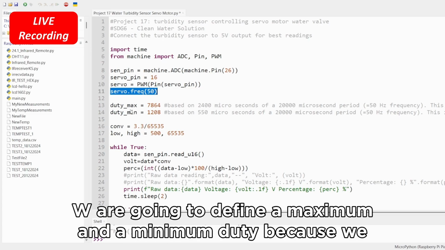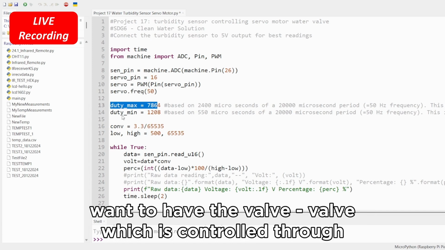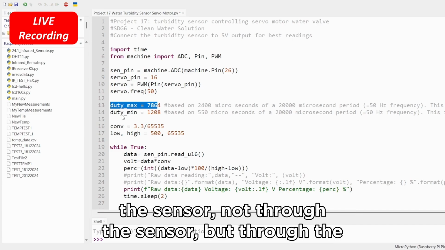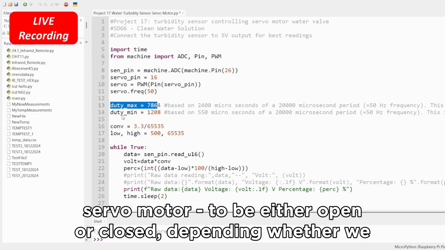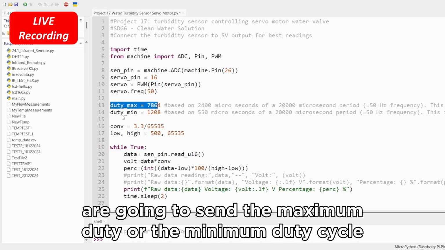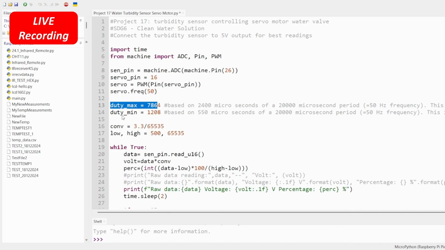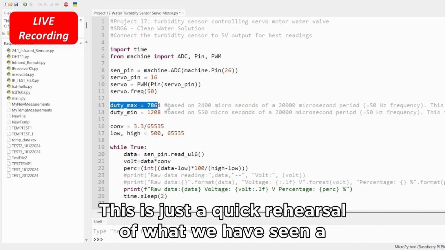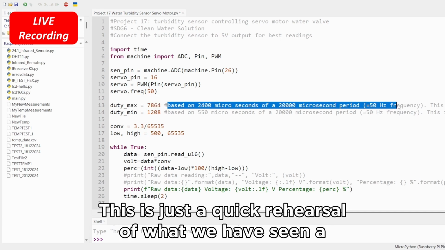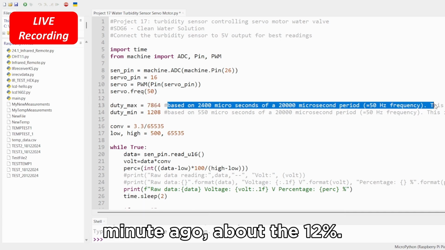We are going to define a maximum and a minimum duty because we want the valve, which is controlled through the servo motor, to be either open or closed, depending on whether we send the maximum duty or the minimum duty cycle. So this is just a quick rehearsal of what we have seen just a minute ago